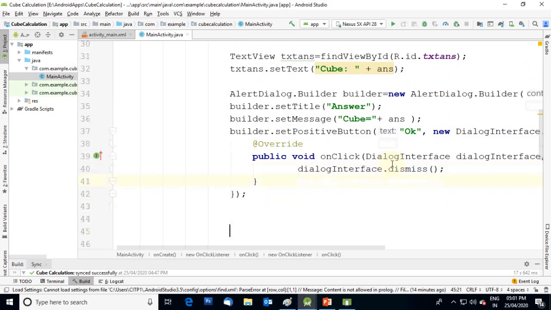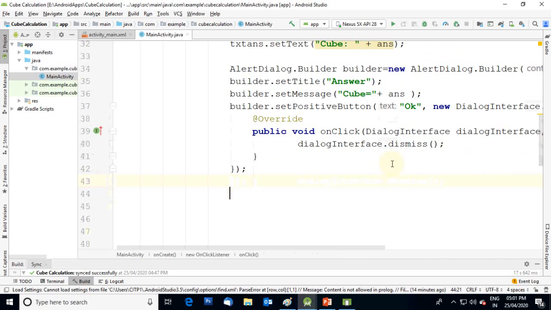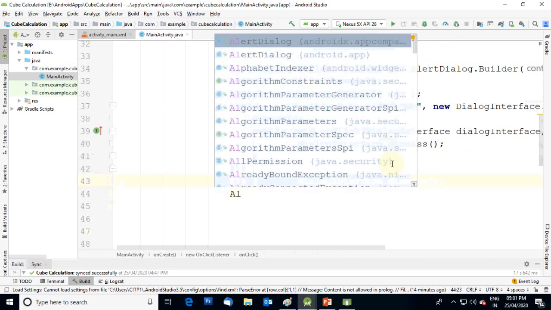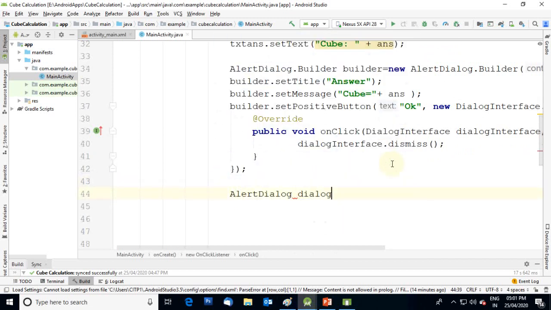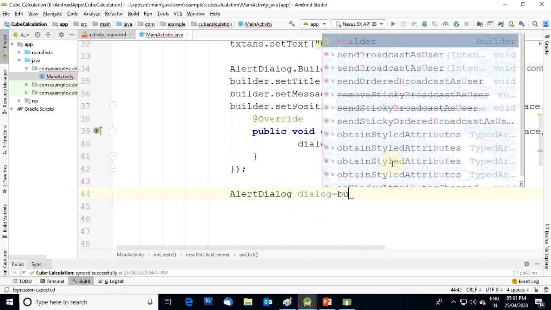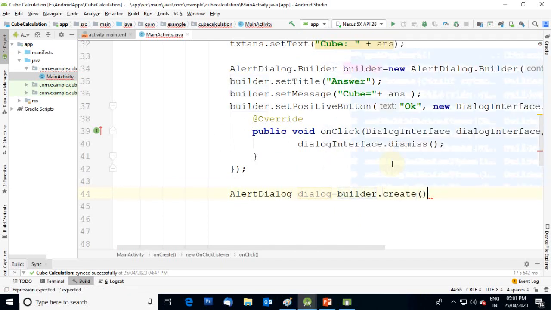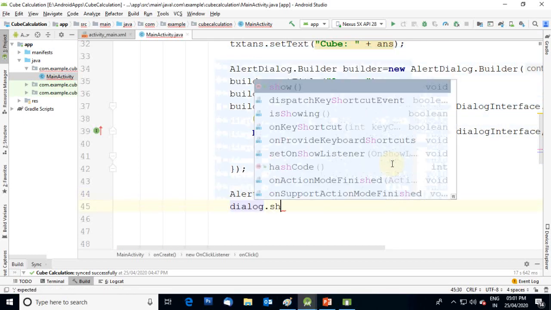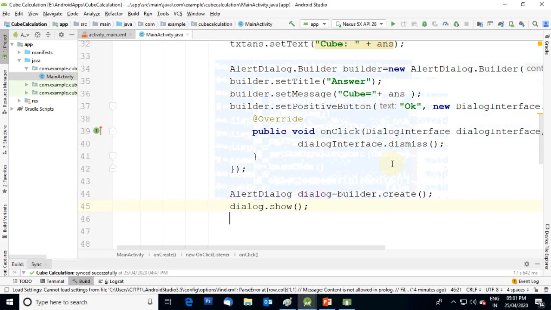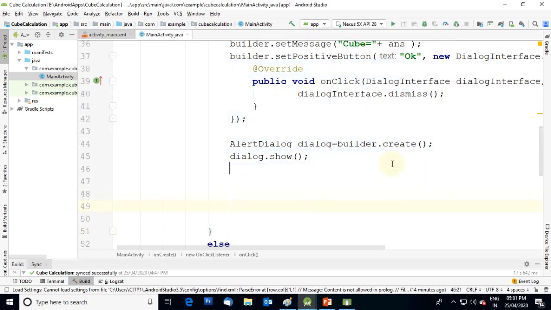Then we have to create the alert dialog equal to builder.create. Then we have to show the dialog, dialog.show. This is required for displaying the dialog box.